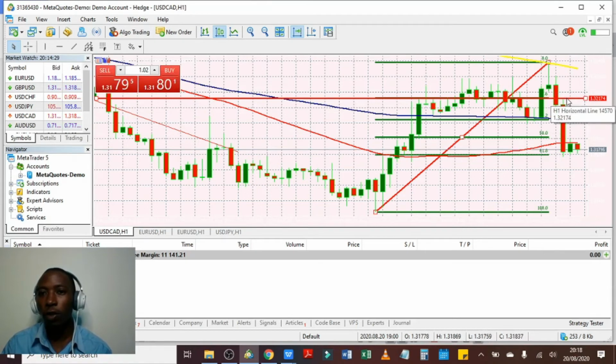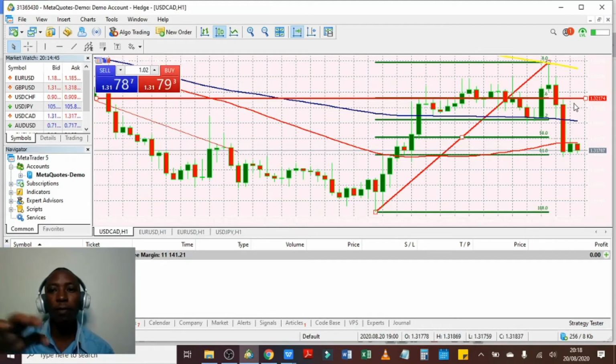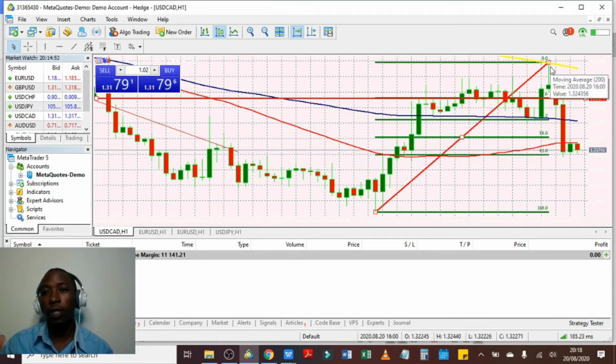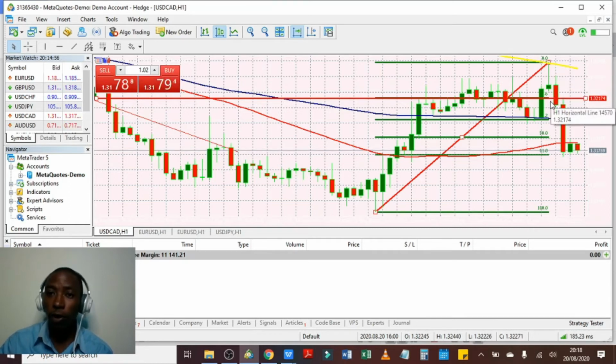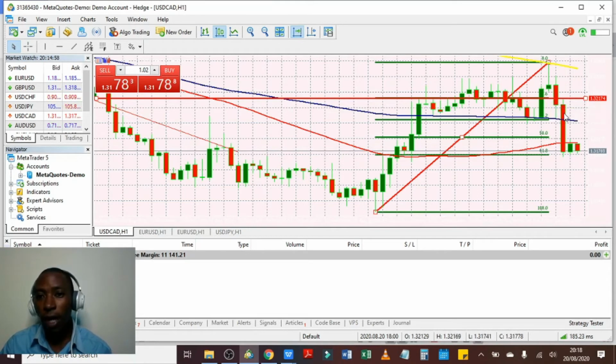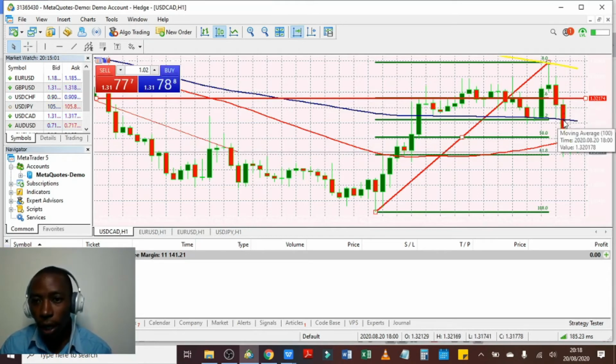Very important. At the moment the 23.6 level was broken, it was an opportunity to sell, because once a Fibonacci level has been broken, when the price is below a Fibonacci level, it is an opportunity to sell, and when the price is above a Fibonacci level, it is an opportunity to buy. As you can see, it bounced from the 0.0 level and then dropped to the 23.6, broke the 23.6 level, and dropped all the way to the